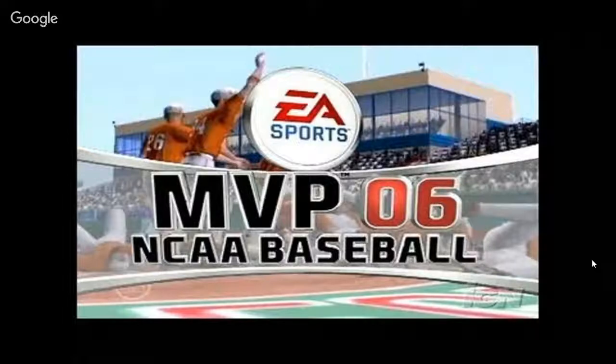Yeah, 15 to 4 is the series score for Wake Forest and Oklahoma State. 2 9-inning games and 1 15-inning game. So that's 9, 9.